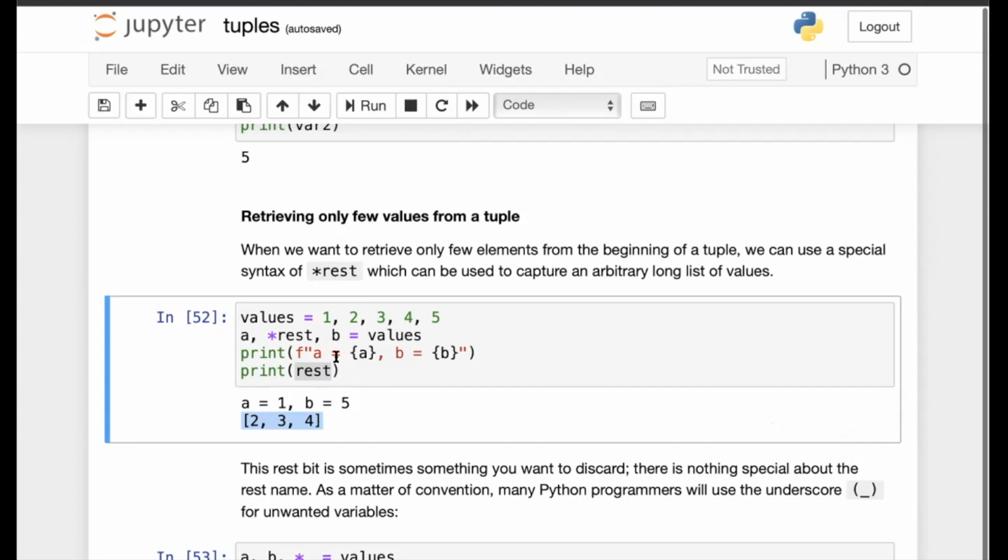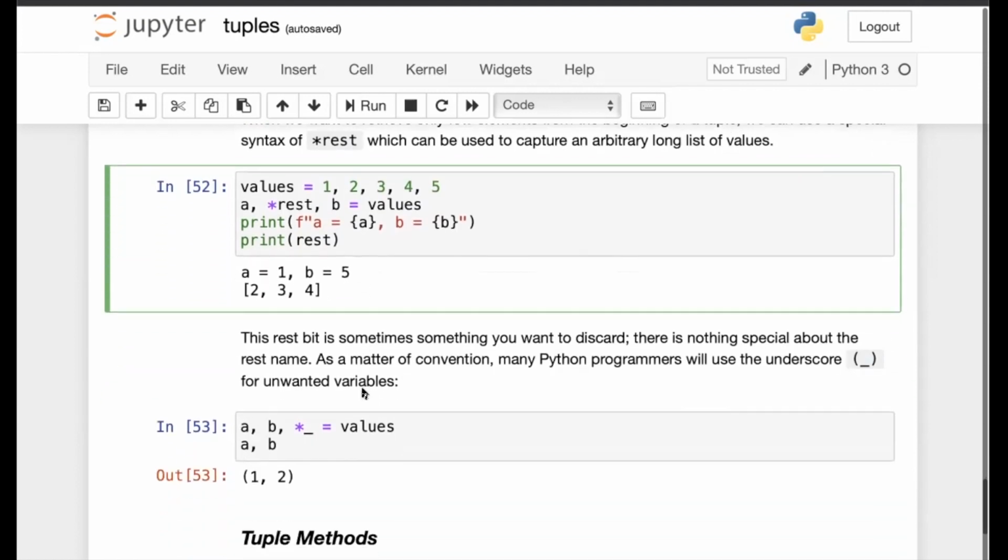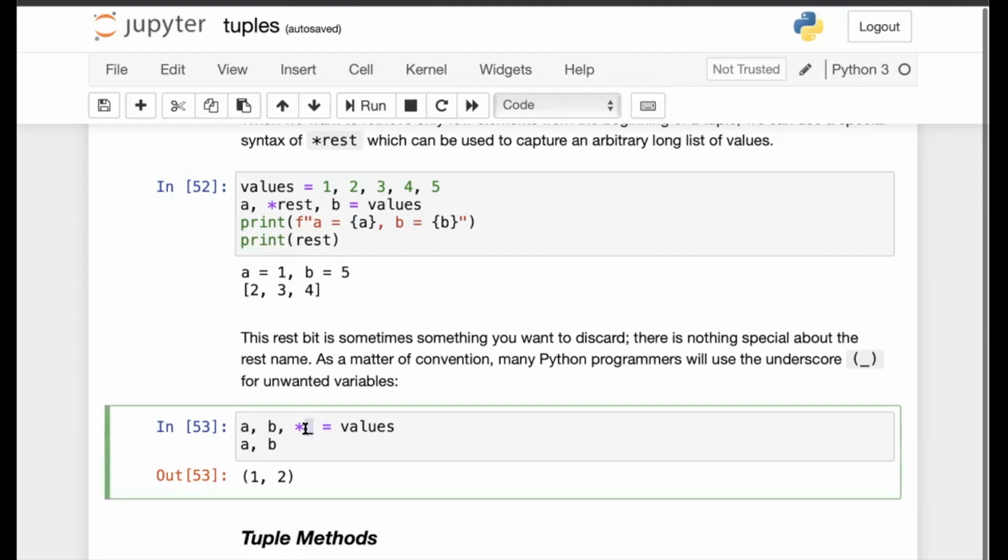Now, sometimes you do not even want to specify a name for this, so you can just use underscore. When you choose underscore, you specify that these are unwanted values and you want to do away with them.